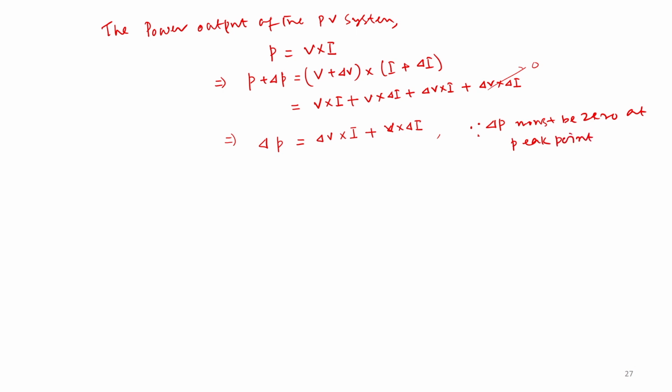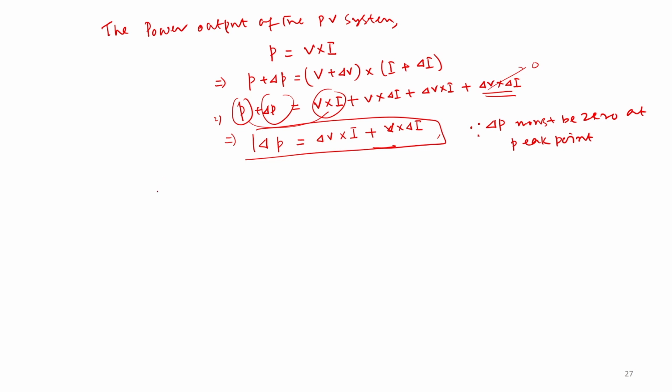Okay. So, here P plus delta P, so this is something like P into V I, this part is gone, this part is gone. These two will remain, ignoring the small terms, and our expression can be of something like this,